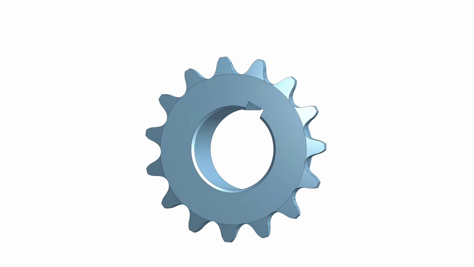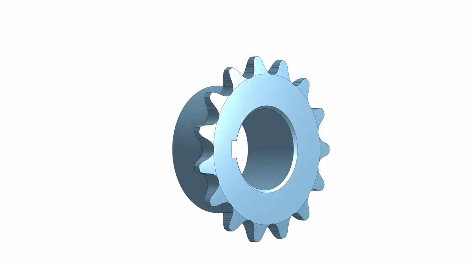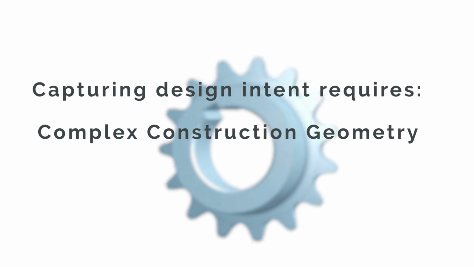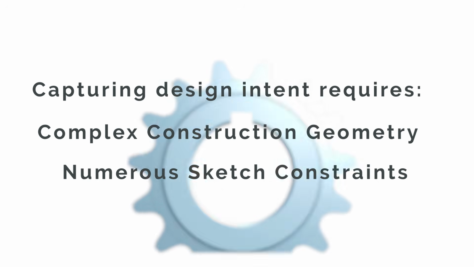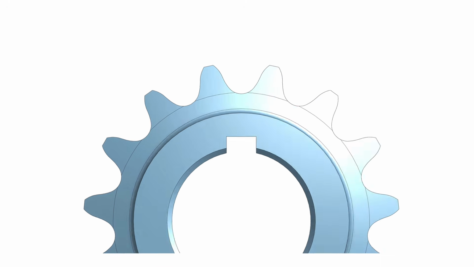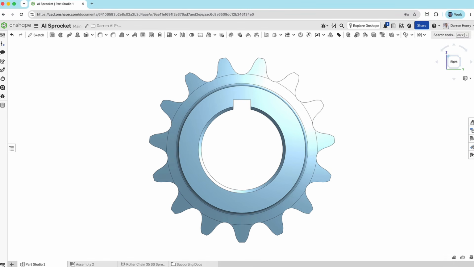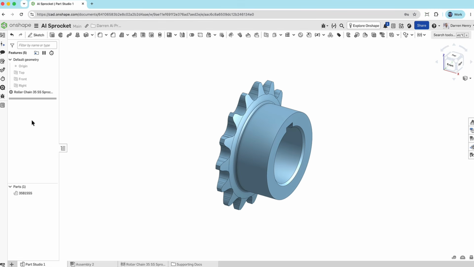If you've ever designed a sprocket, you know that this is no small task. Capturing design intent requires complex construction geometry with more than 70 geometric constraints just to define a tooth profile. What's remarkable isn't just that AI got the design right, it's that the result is a fully editable Onshape custom